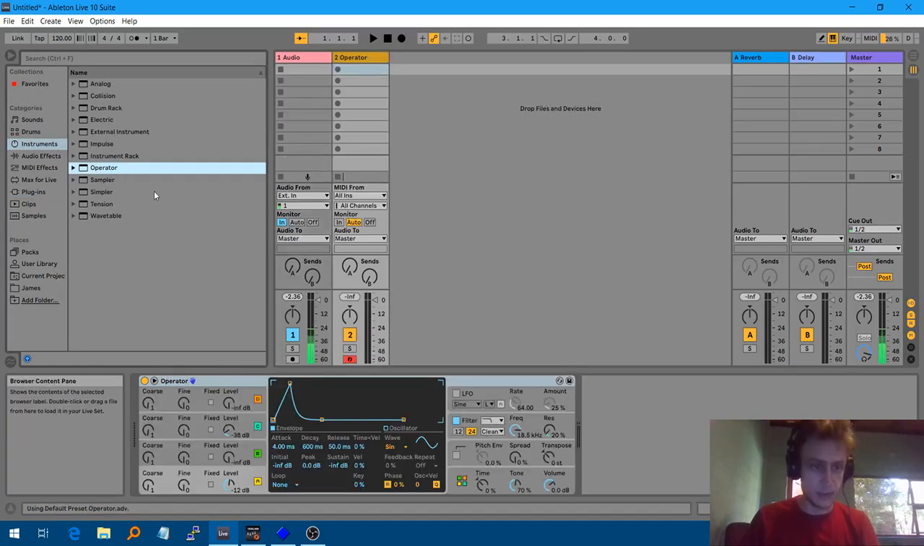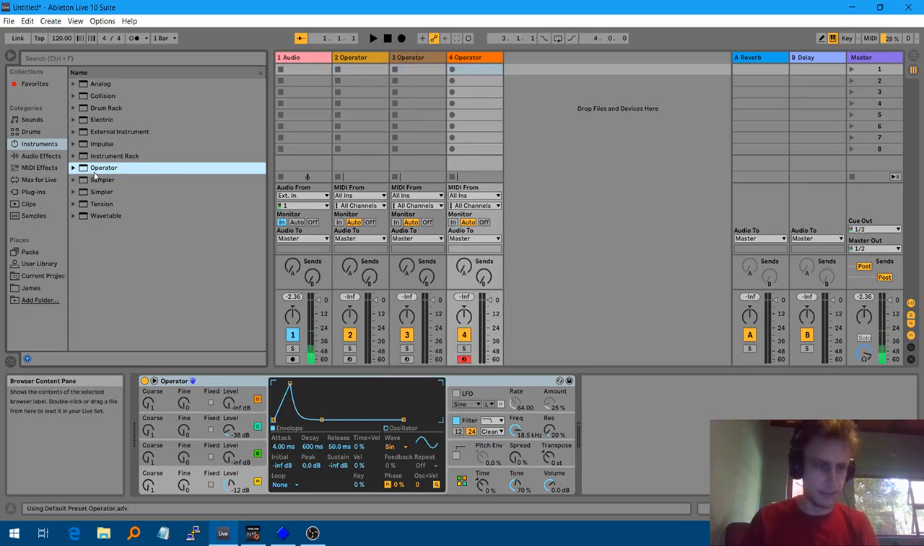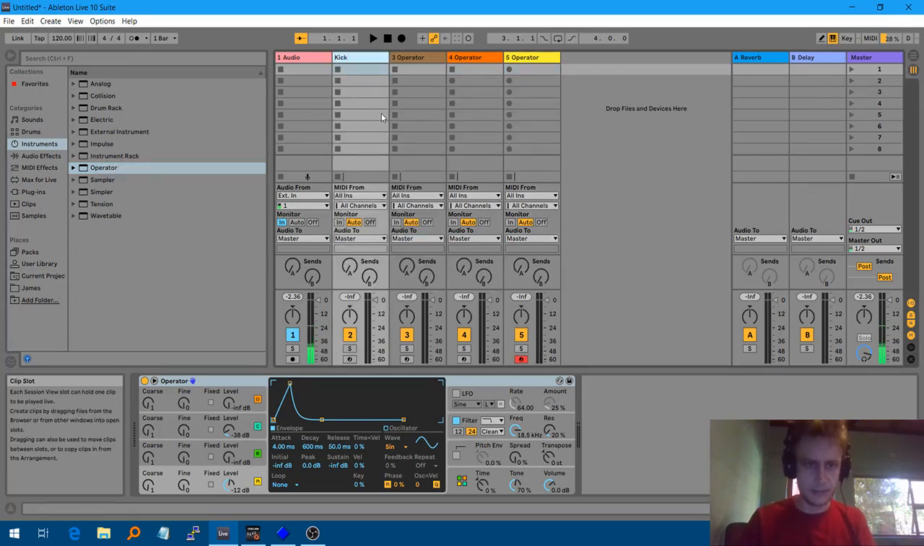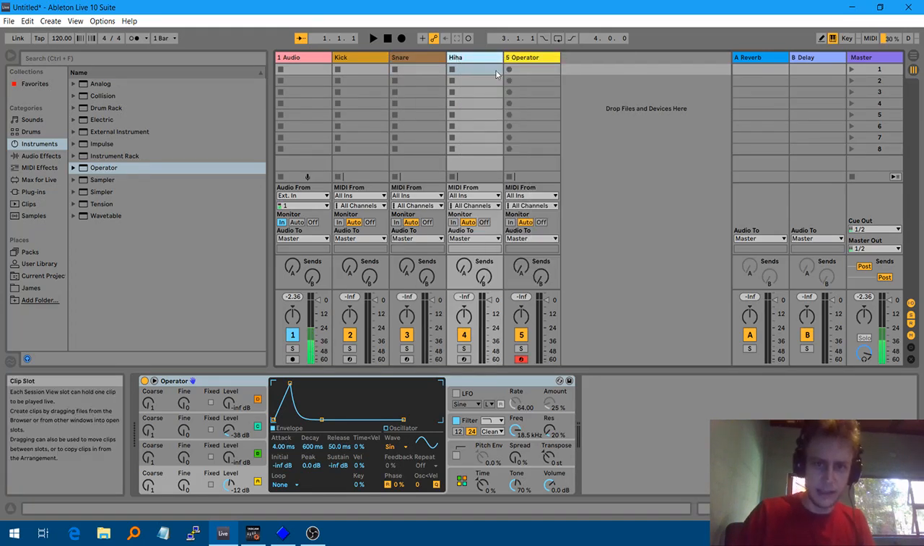So I'm going to add a few operators, and this one will be our kick. That'll be our snare, that'll be our hi-hat. That'll be our bass line. So let's start naming these. Name this kick, snare, hi-hat,